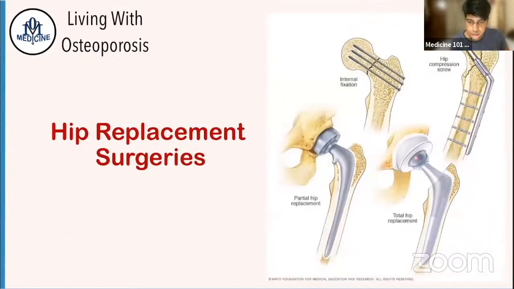There are certain surgeries that you can do, such as internal fixation surgeries. You can put these nails to fix it into place. Or if there was a huge osteoporotic bone, you can remove that part and replace it with this metal device. Or if even the cavity is weak, or if it is damaged, you can do a total hip replacement, which will last for around 20 years.